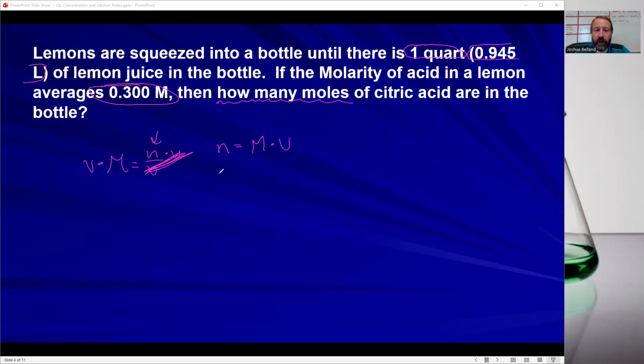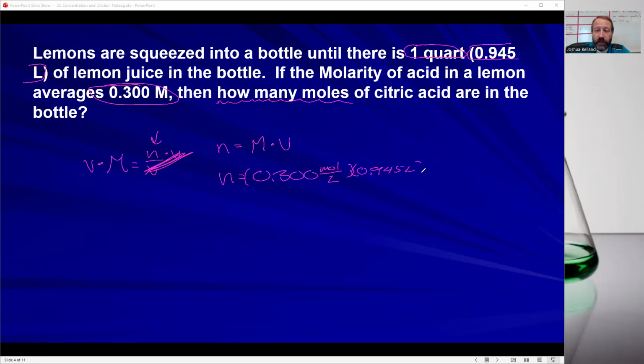So here we go. I'm going to write molarity not as capital M, but as the alternative, moles per liter. That's exactly the same thing. Like saying a dollar is 4 quarters, and 4 quarters is a dollar, same thing. And I'm going to multiply by the volume in liters,